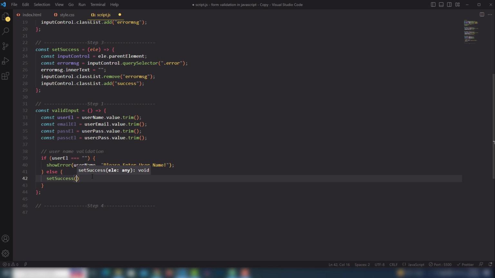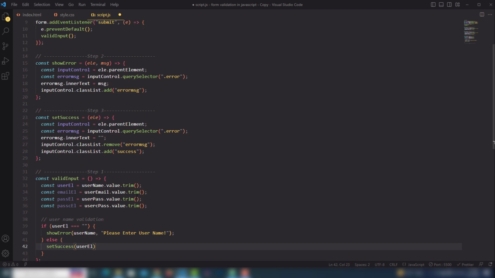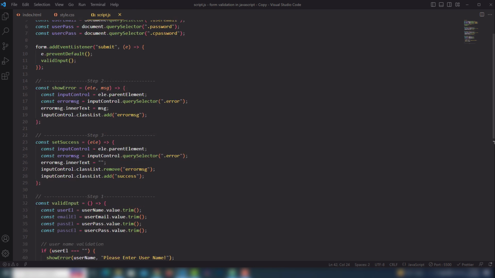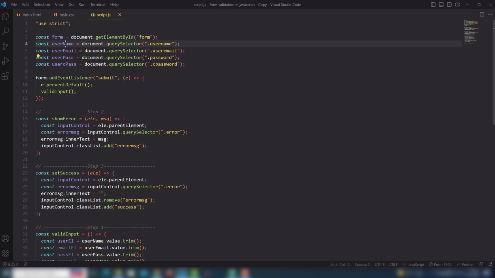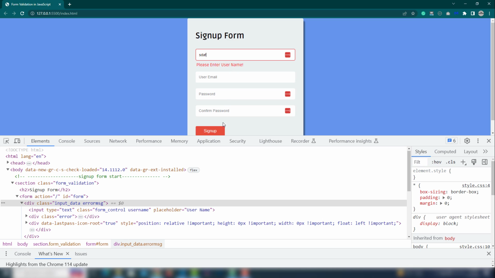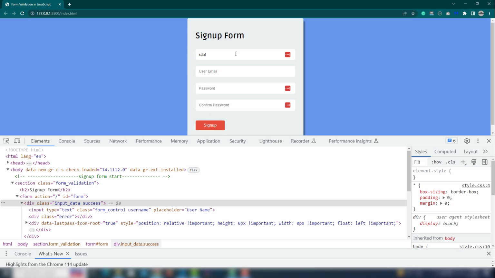So let's look at that, get that and paste it inside the else statement. In the else statement you need to pass only one parameter, like user element. Perfect. Not user. No, I need to pass username like this one, because I want to display the message. Click on that, write something, click on that. You can't see the error message, and I'm able to see the success class has appeared inside the input